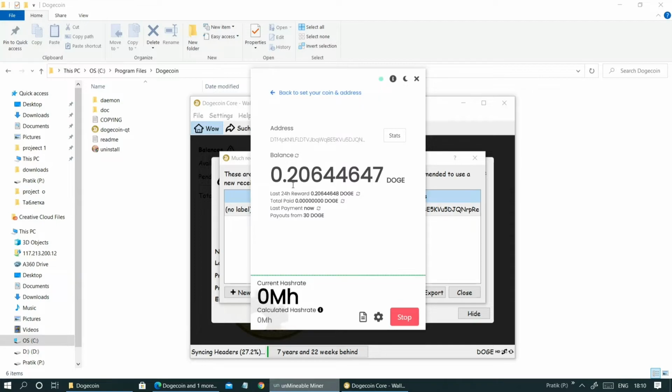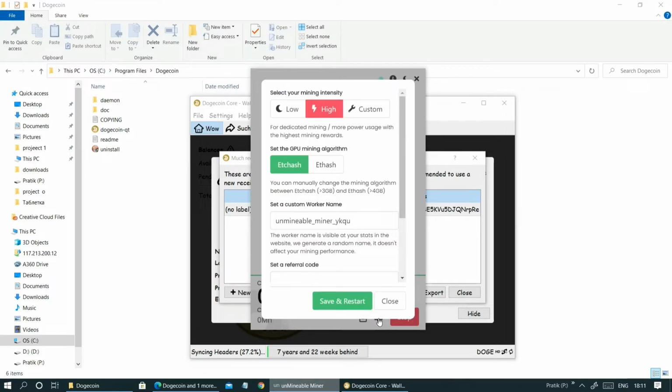This is my today's mining I did, and it has started. From here you will get some options. You can select low or high. If you are doing some other work also, then you can click on low. Or if you want to give all your power to mining only, then you can select high.